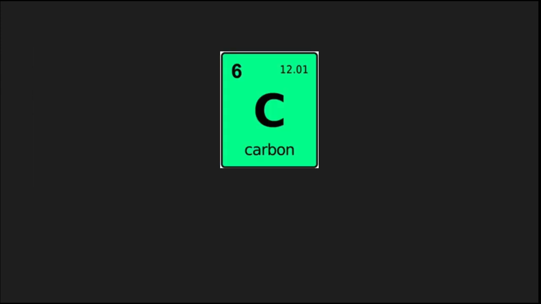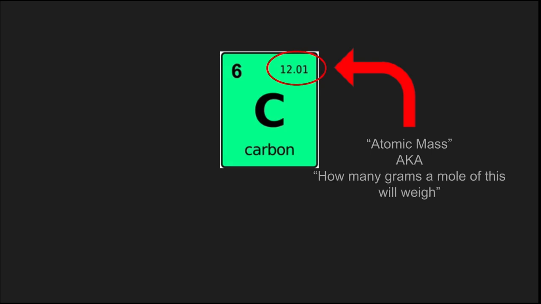When you look at it, other than the numbers that go increasing by ones, you may notice a different number, one that's usually reduced down to 2 decimal places or sometimes 3. Well, this number is known as the atomic mass, or also known as how many grams a mole of this would weigh. This is most commonly used to find the amount of moles of a reactant in a